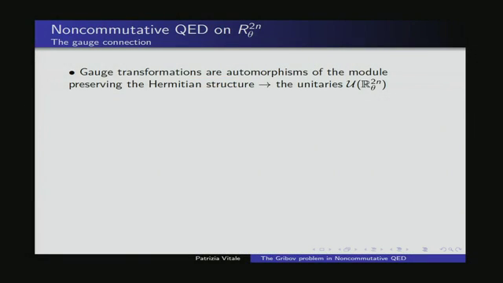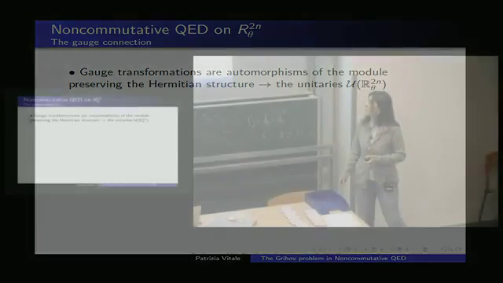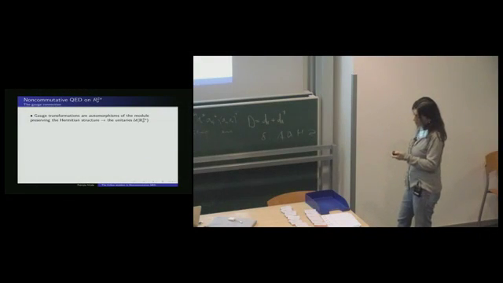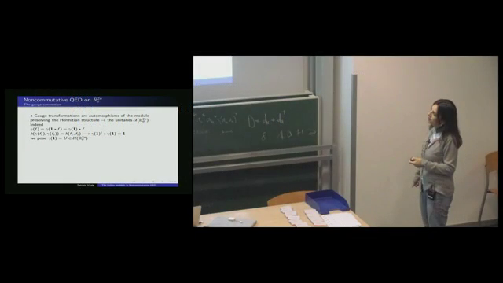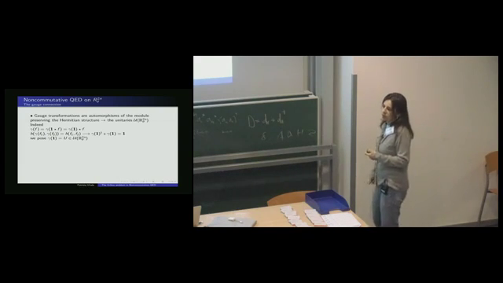What are gauge transformations? They are automorphisms of the module, preserving the Hermitian structure. Namely, they are the unitaries of my algebra, and this can be seen in this way. I have to impose that they preserve the Hermitian structure, so I write it explicitly, and I get this relation here, which is telling me that they are the